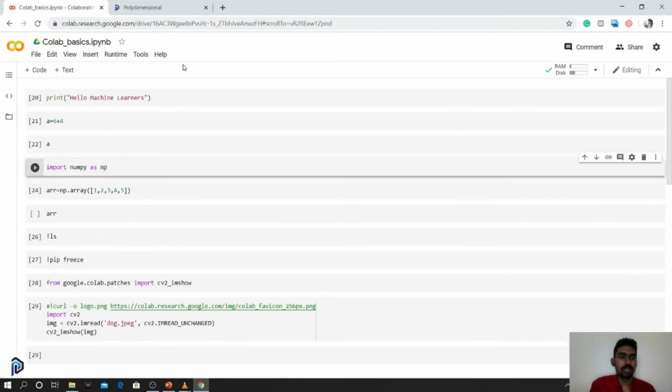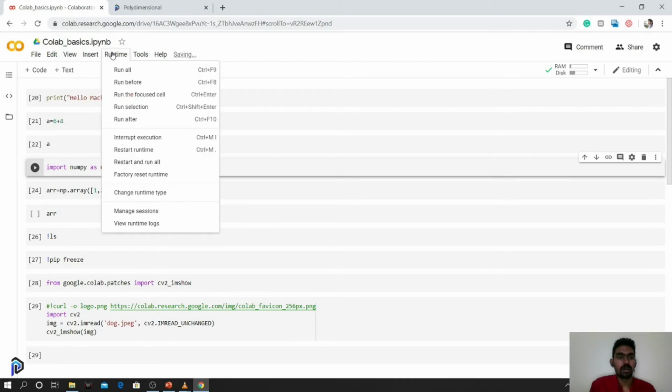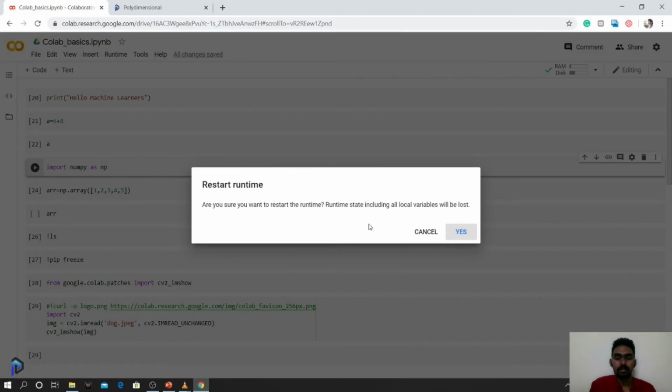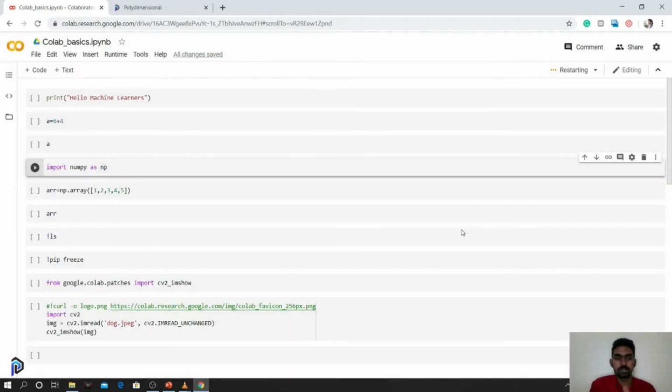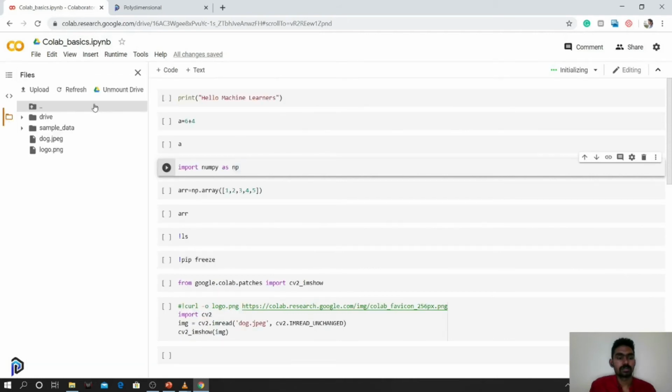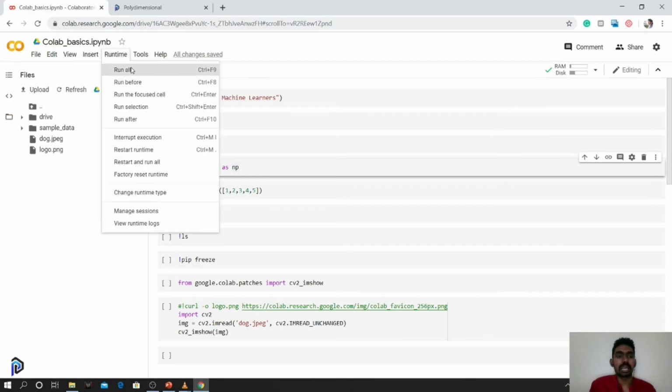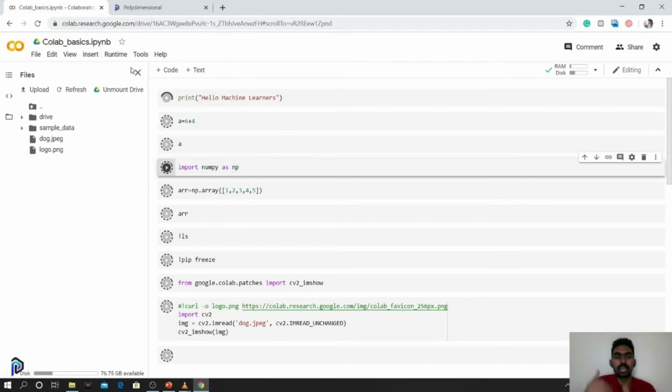The another thing I can do is in view. Okay, let's go to the runtime. So runtime, what I can do is I can restart the runtime. So what it does is all the local variables will be lost. Okay. So all the cells are unexecuted, but the values, the things that are stored in the disk remains. Okay. So what I can do is I can run all the cell. So what it does is it runs all the cells from the beginning.